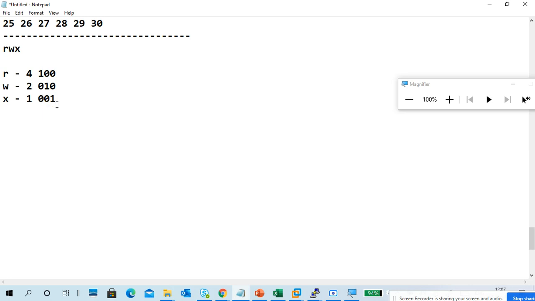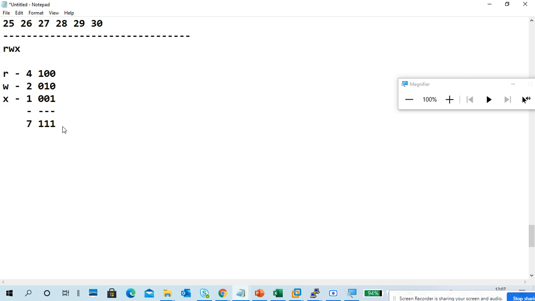If you want to combine all the things together, you add all these together. What is the value? Is this 7? What is here? 111. 1 plus 0 plus 0, 1. 0 plus 1 plus 0, 1. 0 plus 0 plus 1, 1. The equivalent is 7 only.